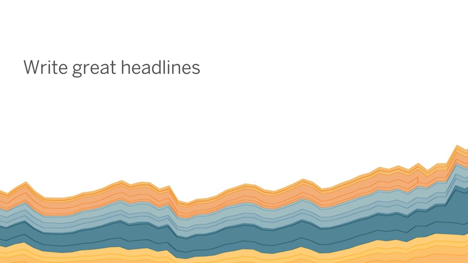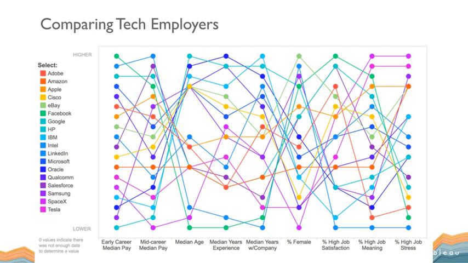Writing great headlines like journalists do, and there's a whole science to this. I barely know how to do it, and I've got a lot to learn about how to do it well. But let me show you an example. This is by a company called PayScale that's here in the Seattle area. PayScale collects information and data and does surveys about employers in a variety of industries. Here's one where they were showing tech employers and how highly they rank based on a number of different categories about job satisfaction.